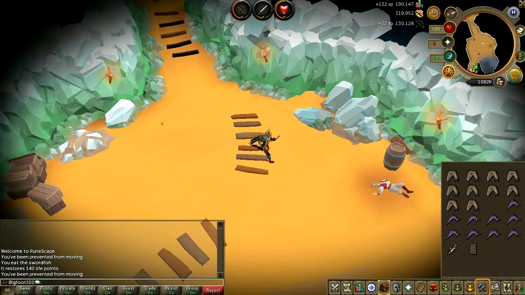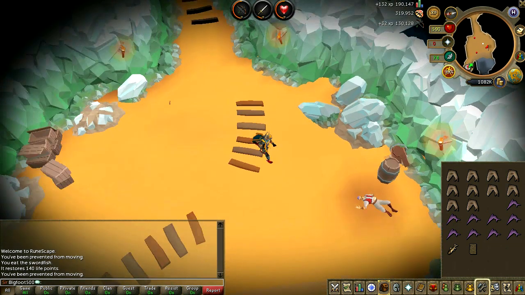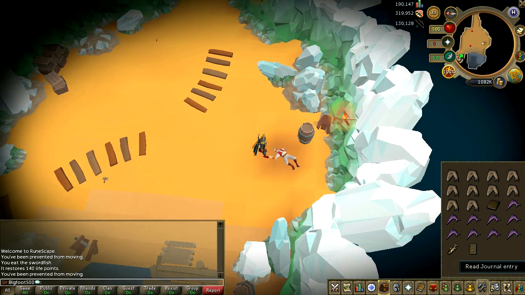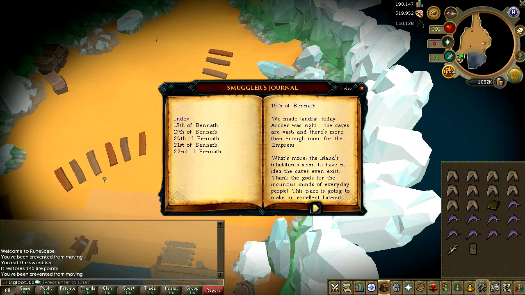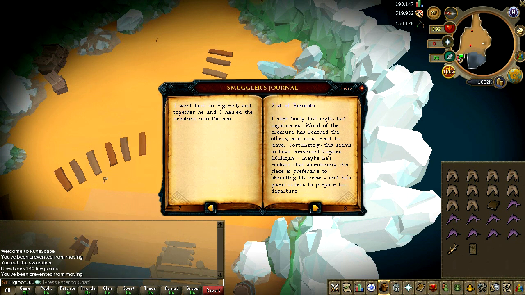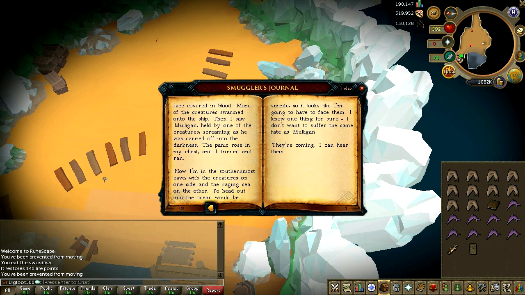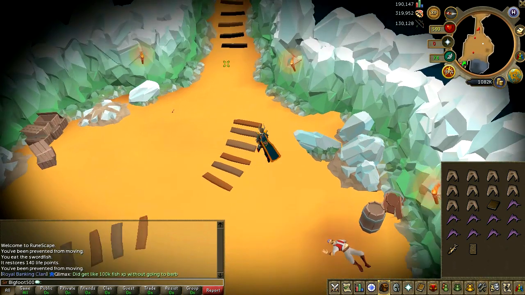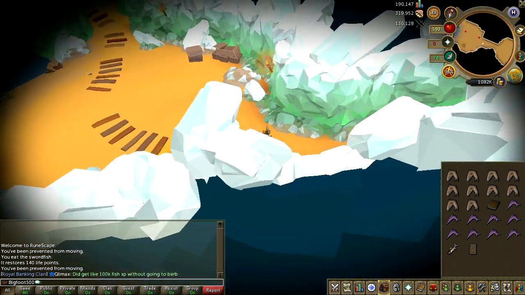Right, okay, so once you have, as I said, killed the scouts, what you're going to want to do is come over here and search the dead smuggler, and then you're going to find a leather journal. You can read through that if you want, however there's not anything important that we need to know in it as of right now. Okay, so once you've done that, you're going to want to continue in an easterly direction, that being north,